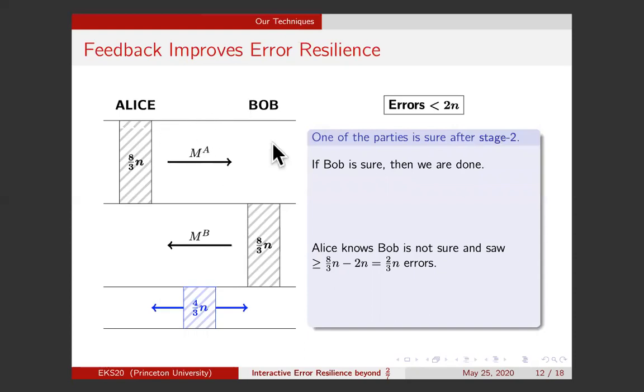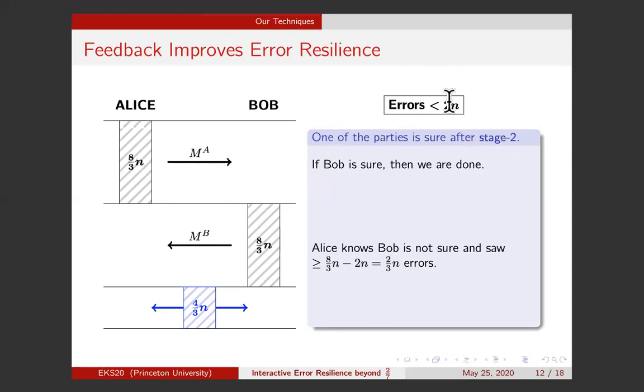And she knows that Bob did not receive 2n copies of the correct message. Otherwise, he would have been sure. So Alice sent in stage 1 8n over 3 copies of the correct message. Bob received less than 2n, which means that there were at least 8n over 3 minus 2n, or 2n over 3, errors from Alice to Bob in stage 1.